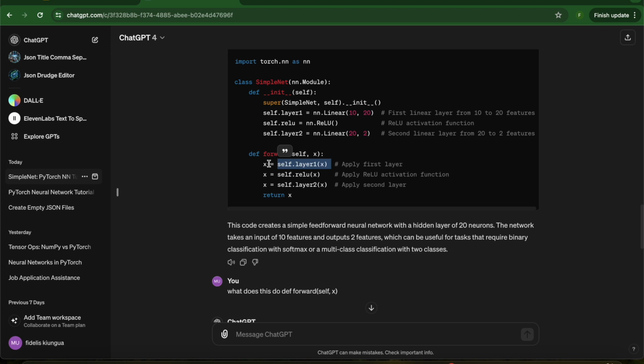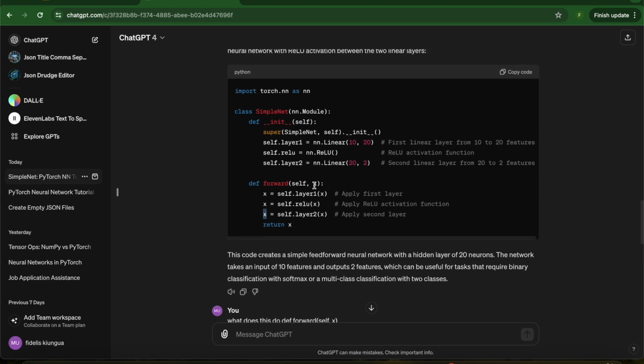We assigned it to X, and then we took that X and passed it to self.relu to activate the relu activation. And after relu activation, we take that output as X here, and then we also pass it through the output